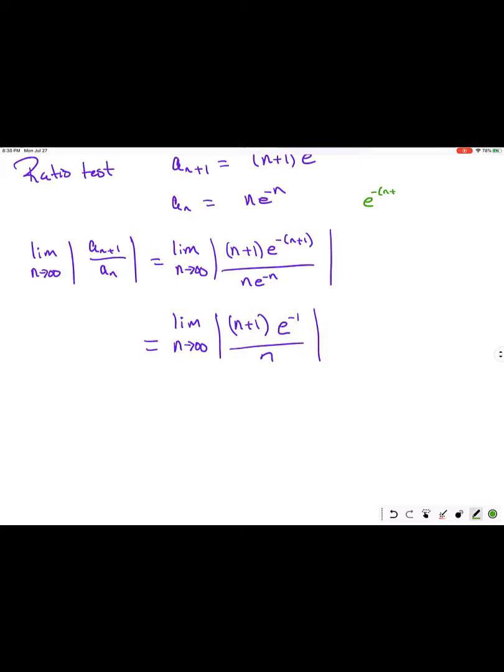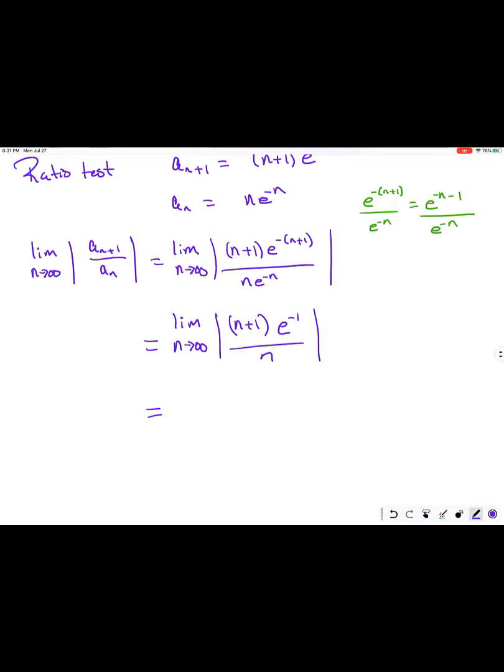So e to the minus n plus 1 is equal to e to the minus n minus 1. And then that's being divided by e to the minus n. And when I simplify that by putting e to the minus n into the top, that becomes e to the plus n. So that all simplifies to e to the minus 1. Okay, so then